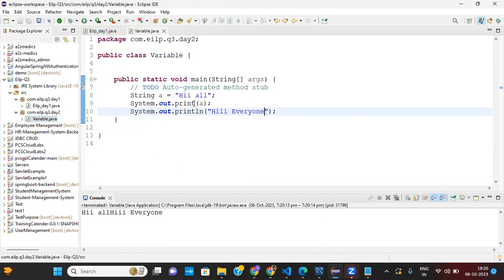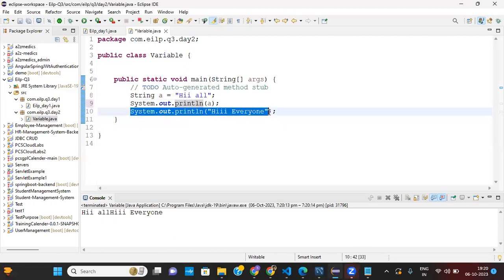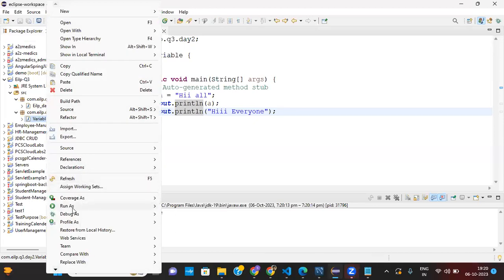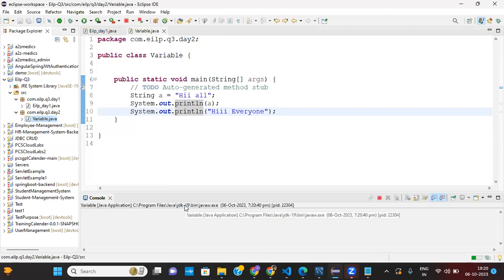Because we use the print method, it prints in the same line. If I give ln over here, it will print the next output in the next line.